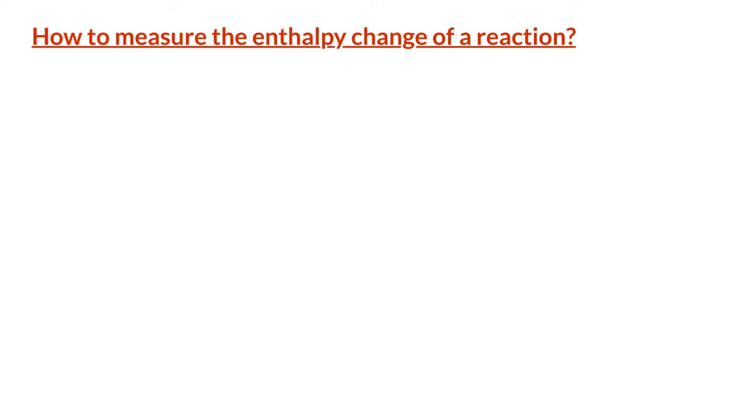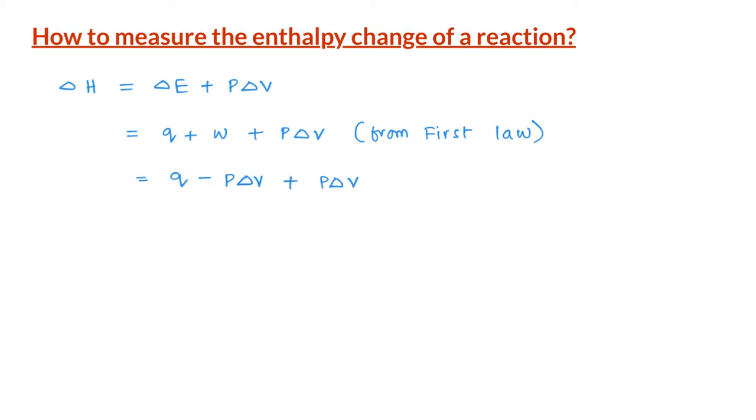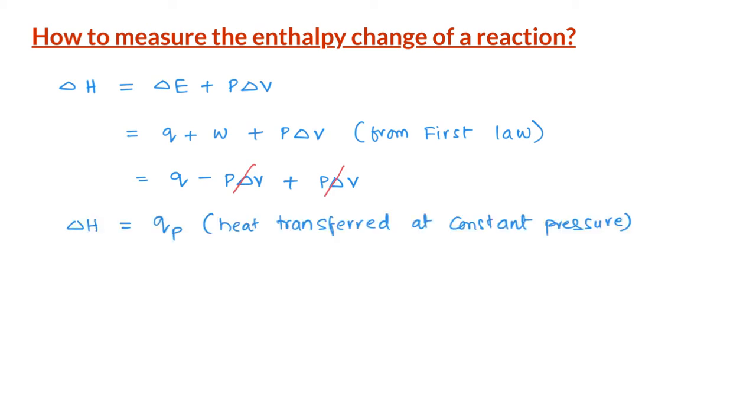Next, we will learn how to measure the enthalpy change of a reaction in the lab. Delta H is equal to delta E plus P delta V. We can replace delta E by Q plus W. And if the only type of work done by the reaction is pressure volume work, the work done term in the formula can be replaced with minus P delta V. That is, delta H is equal to Q minus P delta V plus P delta V. These two terms get cancelled and we can write delta H is equal to Qp, where Qp is heat transferred